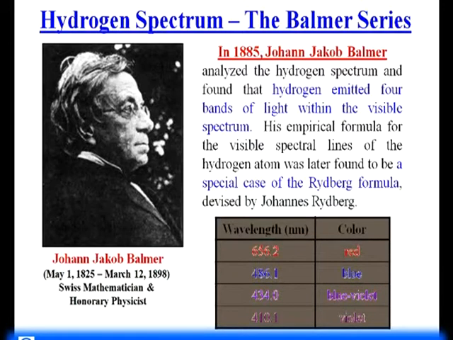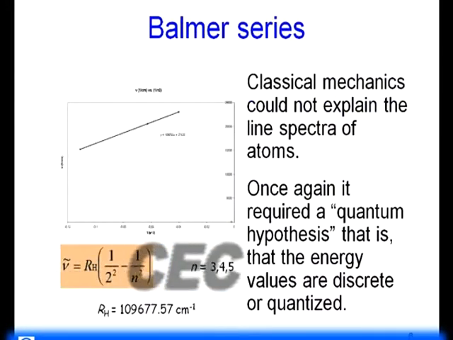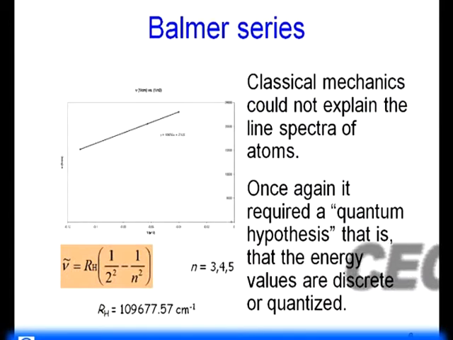486.1, there was a blue line. 434 nanometers, there was a blue-violet radiation emitted, and 410.1, there was violet radiation that was emitted, and he was able to fit his radiation into the Rydberg formula. This is the type of graph that he obtained, and he fit it to an equation where nu bar, yesterday